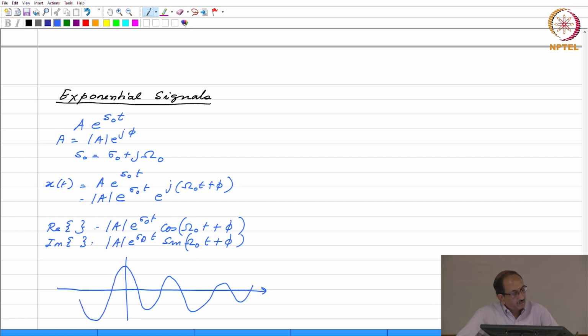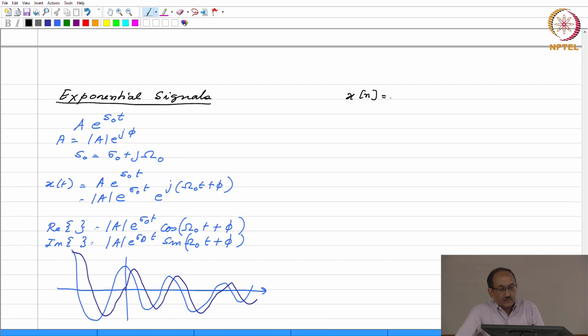And remember, this is what is called the everlasting exponential, and so this is a rough picture. So these are the real and imaginary parts. Now the counterpart is